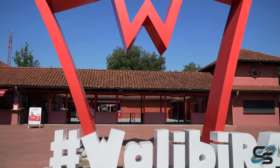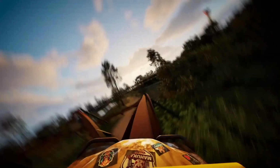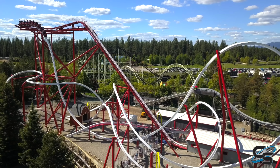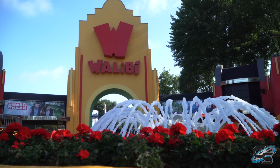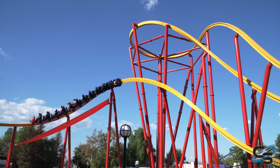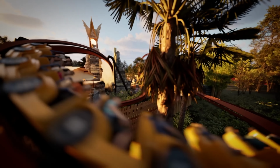I'd be interested in knowing if the folks at Walibi Rhône-Alpes had the opportunity to experience Big Dipper before they purchased this ride. Because I think if I were in charge and I had to choose between an Intamin single rail or an RMC single rail, no contest, I would go with the RMC. Which interestingly enough is exactly what Walibi Holland is doing. They're getting dueling RMCs soon. One thrill coaster intertwined with a family coaster. Should be really cool. Contrast that to this one, I really think it's gonna be family thrill,